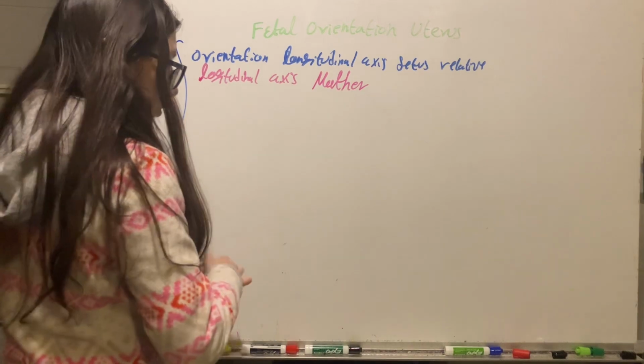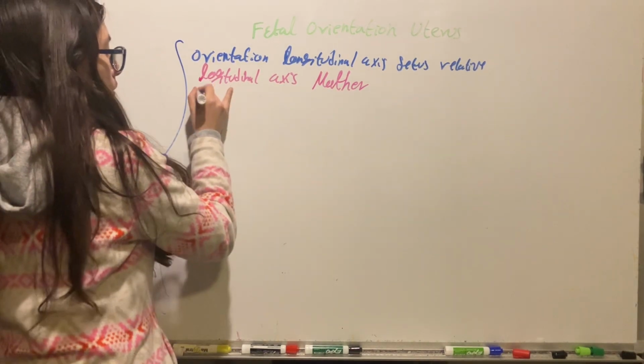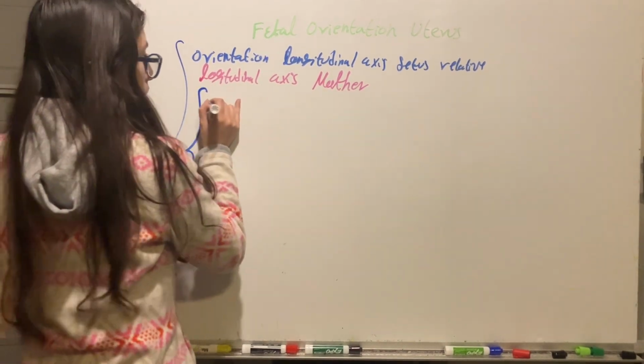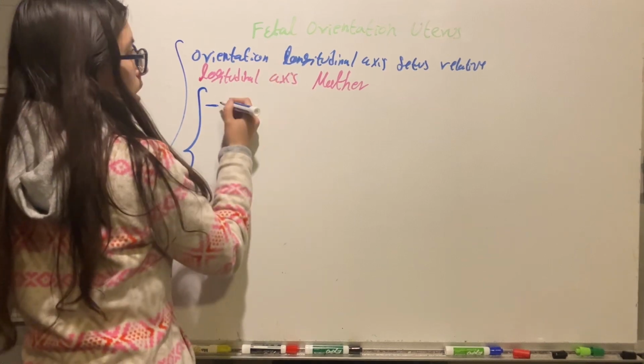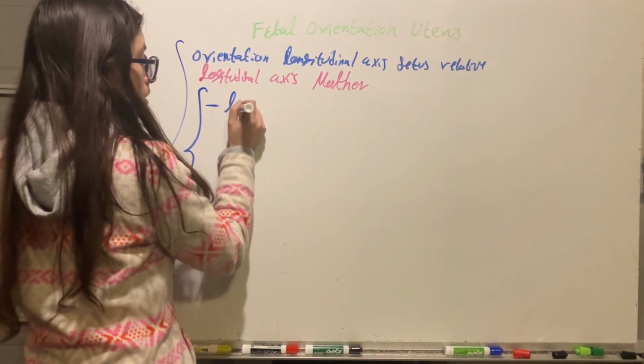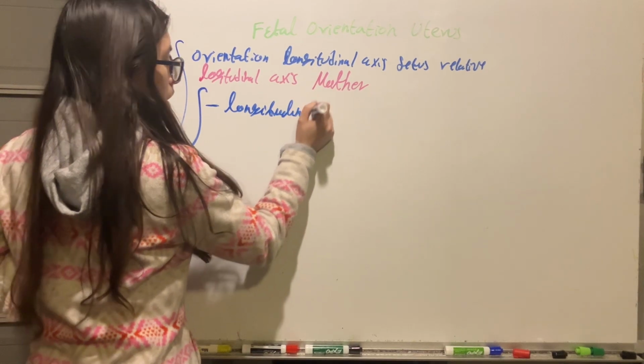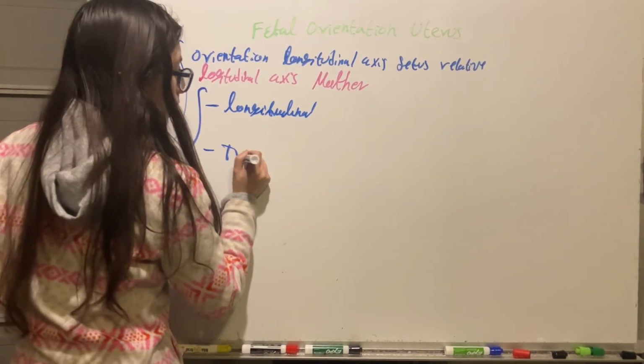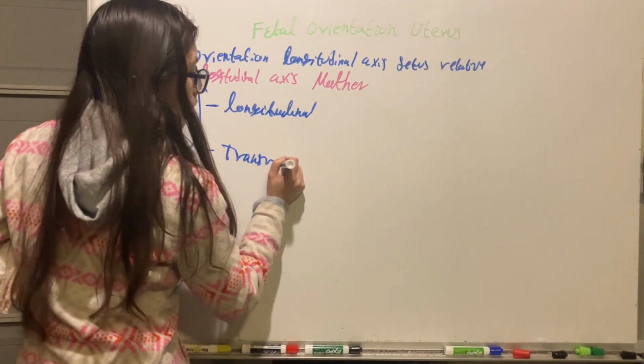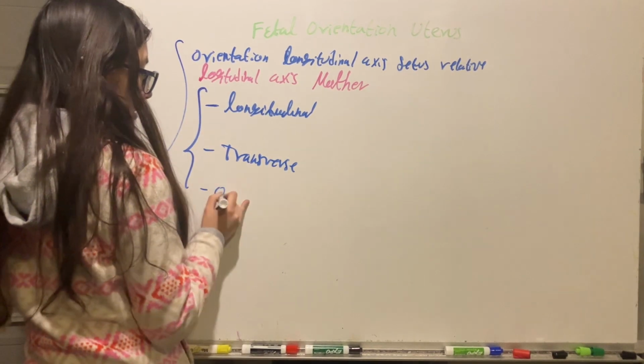And we can have three types. We can have longitudinal orientation, we can have a transverse orientation, or we can have an oblique